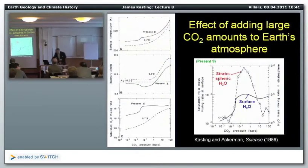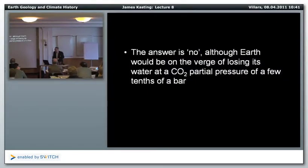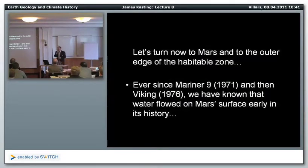All right, well, so that's just says what I just said, that the Earth is stable. Now let's think about the outer edge of the habitable zone. And the outer edge of the habitable zone is very much like trying to understand Mars' early climate. Now, Jonathan talked about Mars yesterday or the day before, and he showed you some pictures of Mars and talked